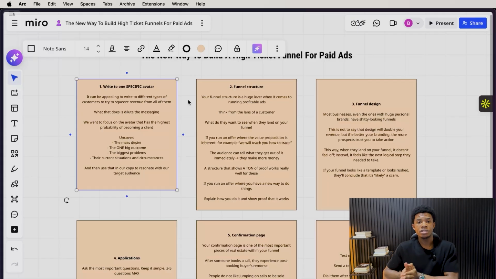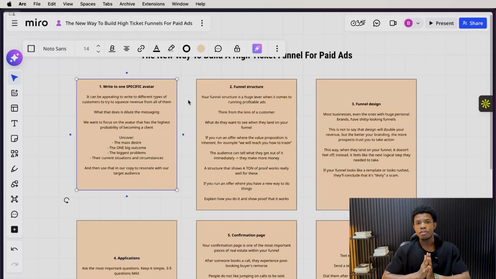There's no one size fits all that I can sit down here and tell you, okay, just go use this funnel structure and it's going to crush. But really, if you have a way of doing things that is different from how the market does things, you just want to break that down for your prospects so they understand how you get results. I'll give you an example. For one of our clients, he runs a trading offer and it's called the Smart Trading Blueprint. So what we had to do was simply break down what the Smart Trading Blueprint is and what actually makes it smart, right? So always pay attention to your funnel structure. It's such a huge lever that I see a lot of people ignore.